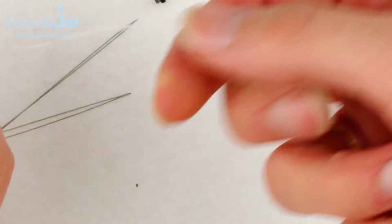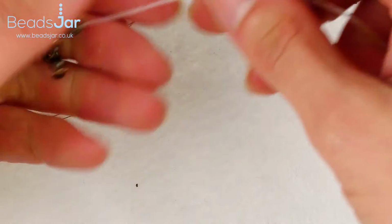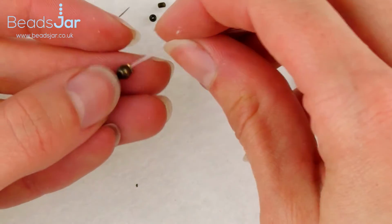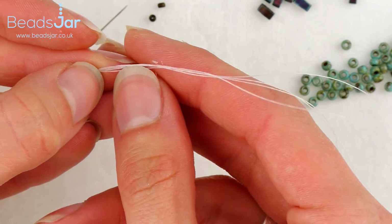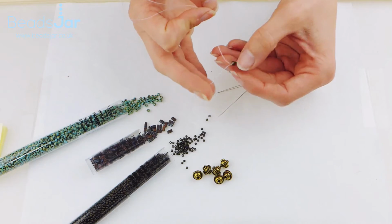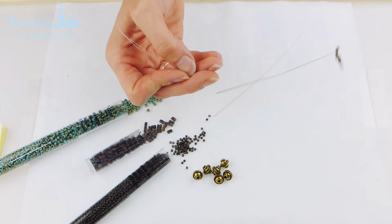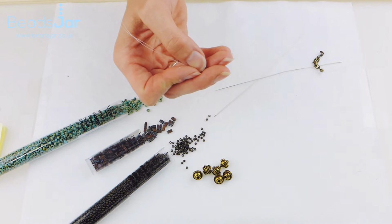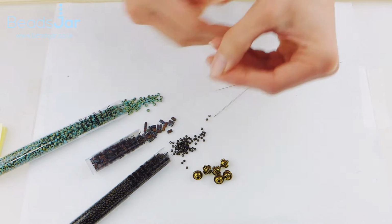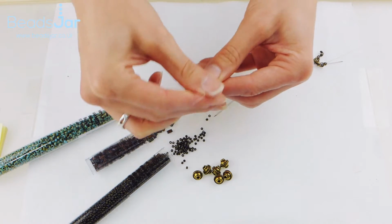So I've now got my 4 strands in my fire line, okay, and we can start our process. So I'm just going to separate 2 of the fire lines away from the 2 others, okay. This is a bit of a funny one to start with, but it does get lots easier as you go on. So I've got 2, and I'm going to get to the end of those, and I'm actually going to